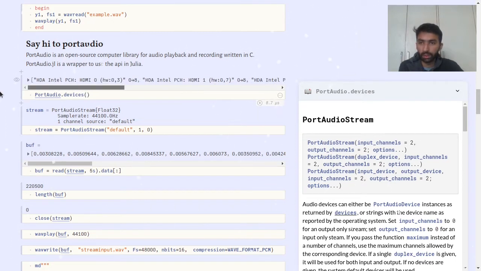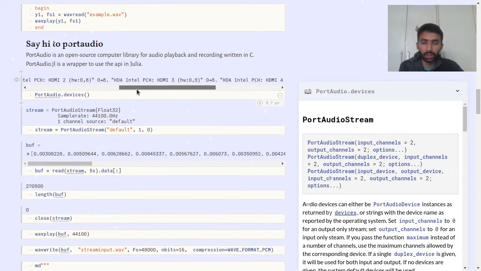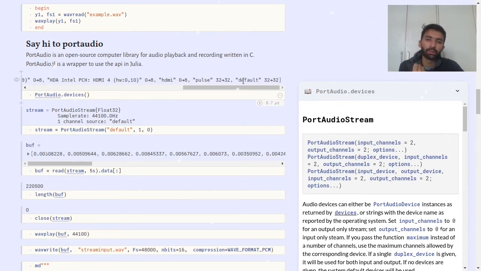So there are several options, Intel PCH, HDMI 1 and HDMI 2, and default one. There are several others also. We are interested in the default one, which is our default built-in microphone. And what we can do is open up a stream which has a particular number of input channels, and we can specify the output channels.